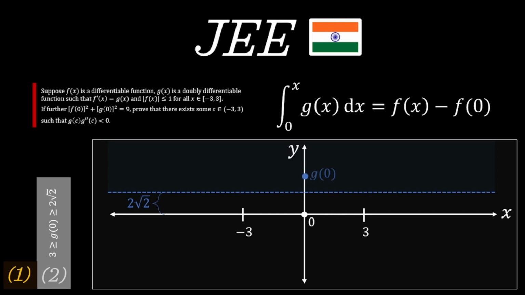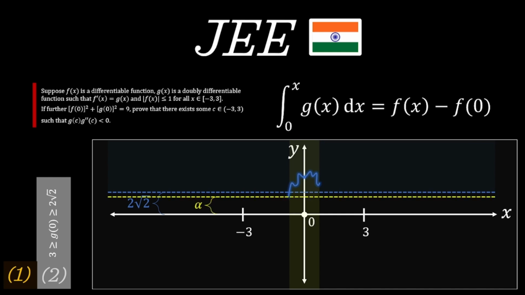As g is continuous, it follows that in a neighborhood of 0, 2, g of x will be at least some real number alpha, which is slightly lesser than 2 root 2. Let's say, for example, that alpha is equal to 2. Now, if you try graphing the remainder of g of x's curve from 0 to 3 like this